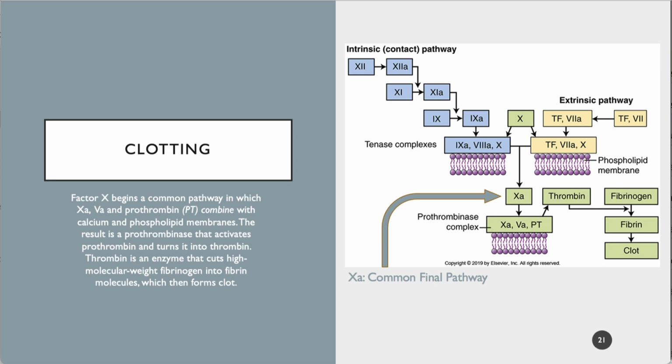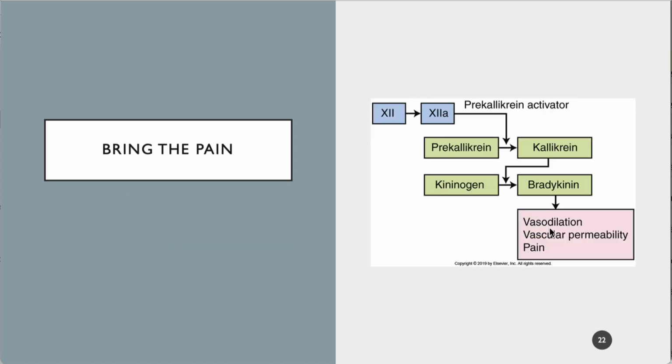When factor 10 is activated, then all of these things come together to cause this prothrombinase complex. And then thrombin gets separated and fibrinogen takes over and causes the clot to form. All right? If you memorize this, that would be fantastic. Just from 10A on, right? Just from here down. That would be fantastic because this is the part that you really need to know about. All right? By the way, you don't have to memorize it for the quiz this week, but